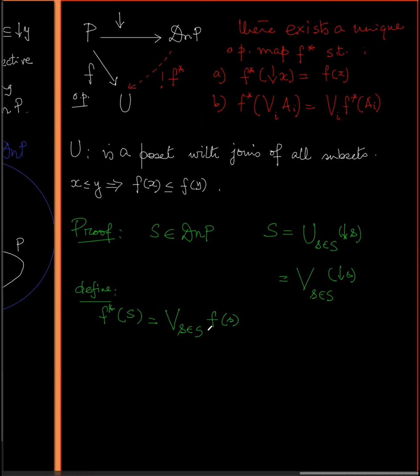Now this is well defined. Fs is a member of U and such joins exist. So this makes the definition proper. And then it is immediate to check